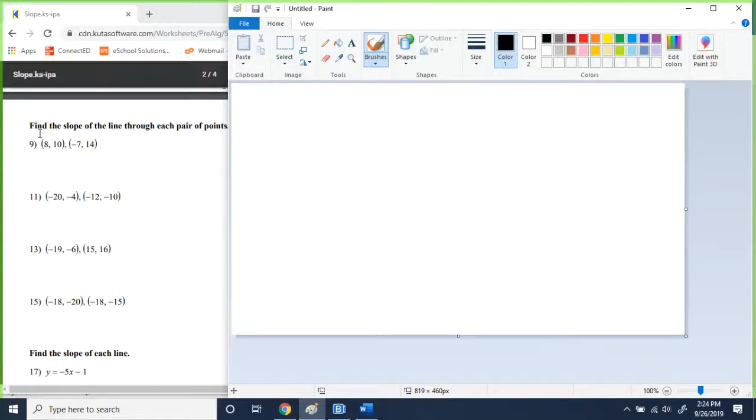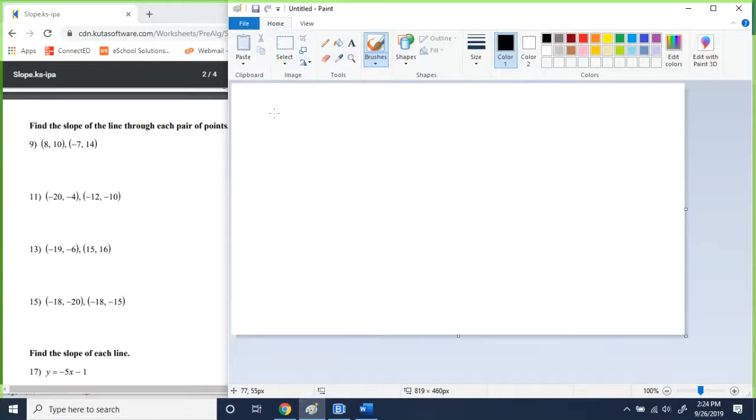If you need some prior knowledge on how to work with integers or one-step, two-step equations, review some of the other videos that we've already done, but you have to have that knowledge in order to do this work. So the first thing we're going to do is find the slope of a line through each pair of